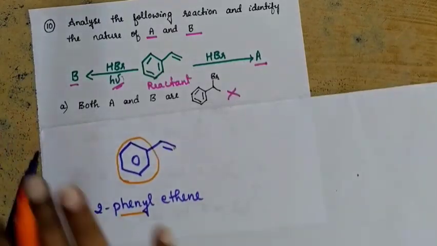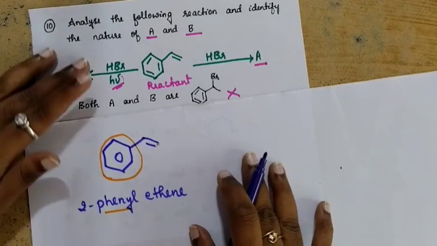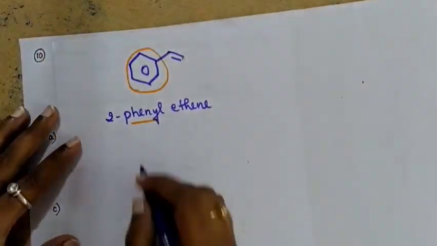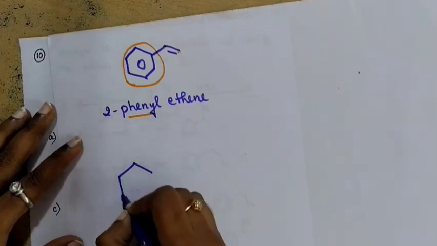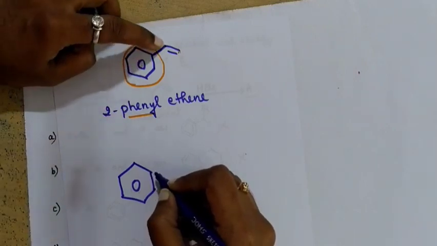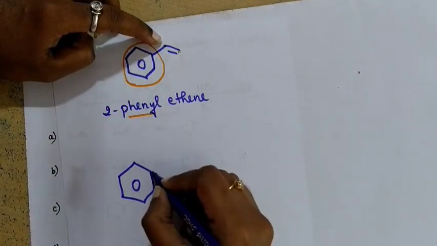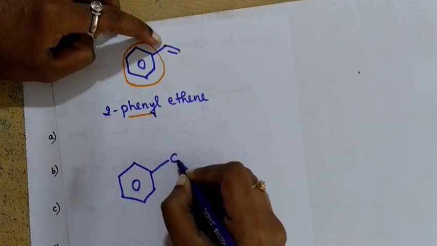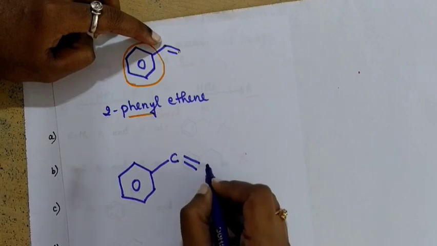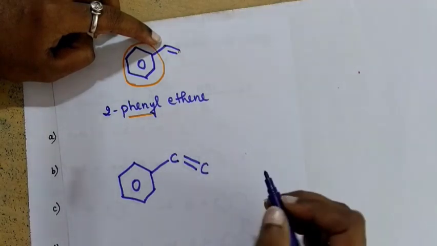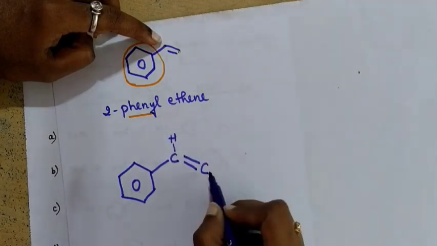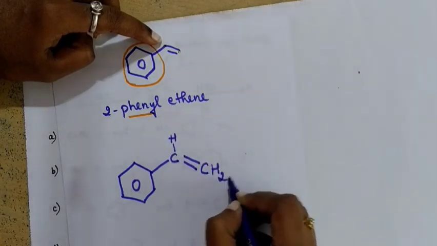Okay. And in our first reaction, for your understanding, let me write it in a complete form. That is, the benzene ring is here. Each corner represents the presence of a carbon atom, no? So let me write that. Here one carbon atom is there, and this carbon atom is doubly bonded. Here also a carbon atom is there. Let us satisfy the valency with hydrogen now. This carbon atom will have 1 hydrogen and this carbon atom will have 2 hydrogens.